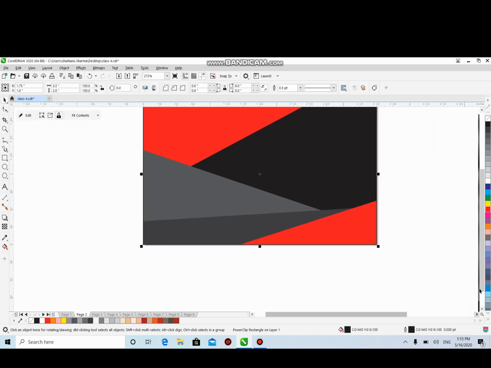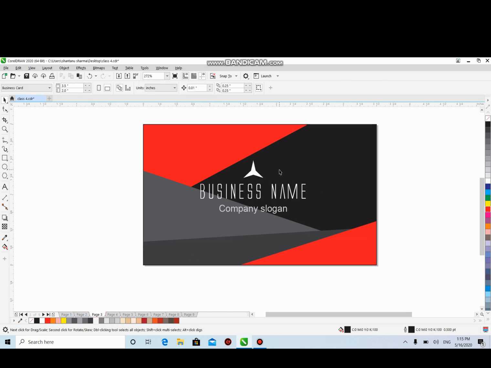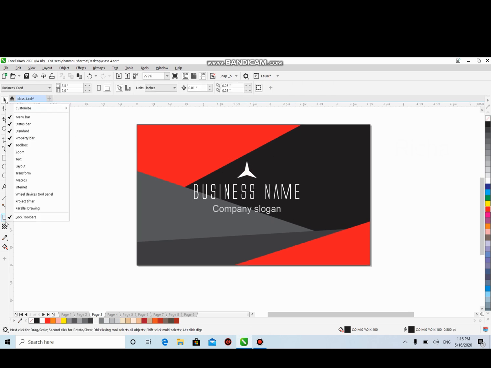Here, this is your black background, this is your working area, and this is how I have adjusted all the shapes. You can use any kind of shape, you can take a circle, you can take abstract shapes and so on. Here I have written the business name, whatever your company name is, your production house, or you are working as an executive, so you can design accordingly. You can write the name of your firm, your company slogan, and here you can put the logo.